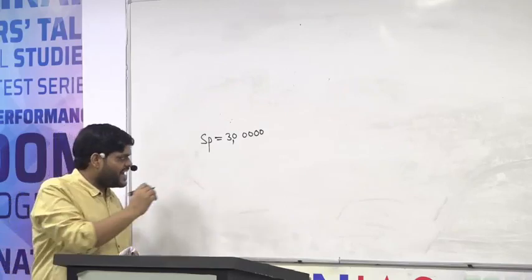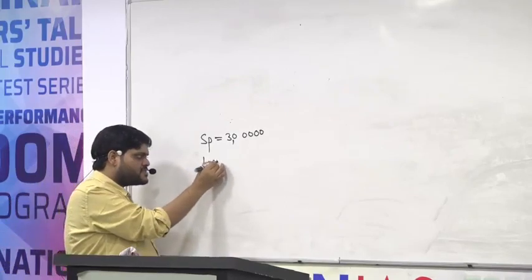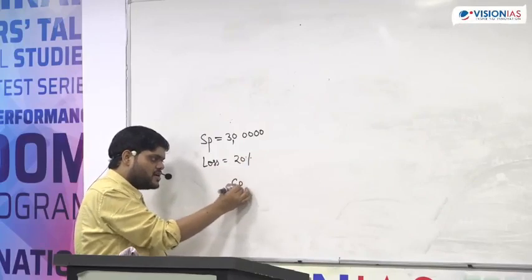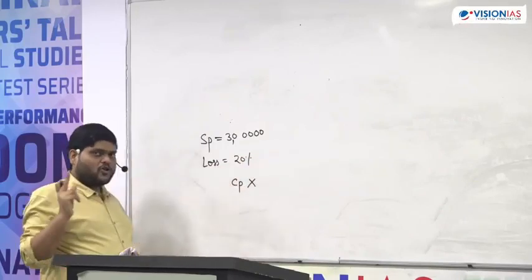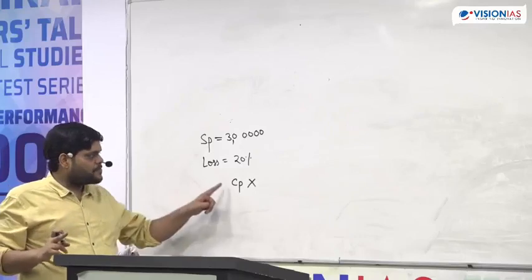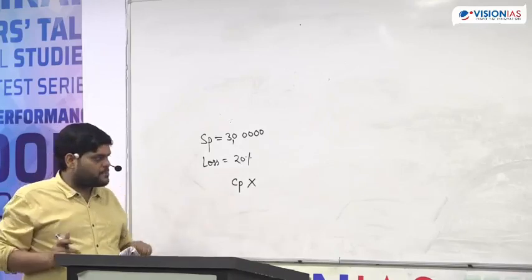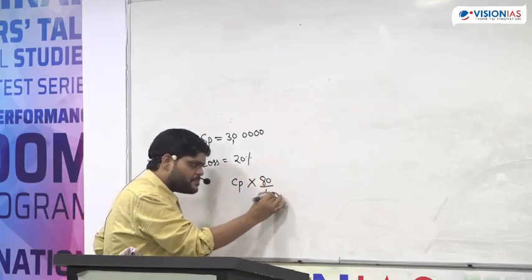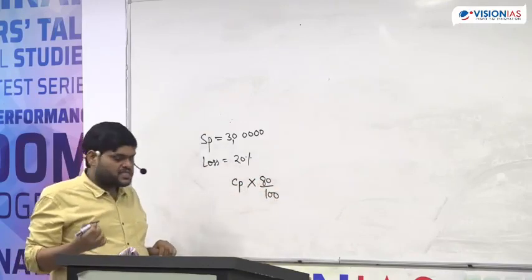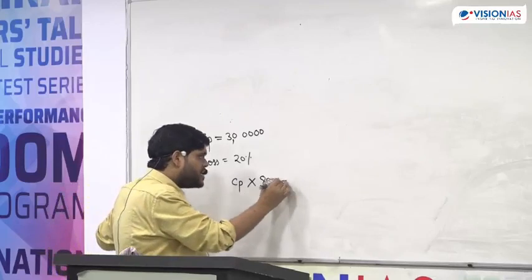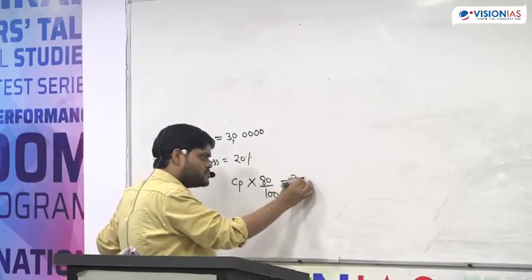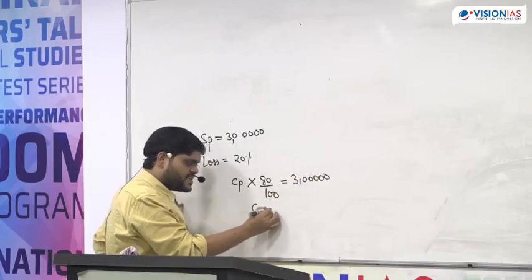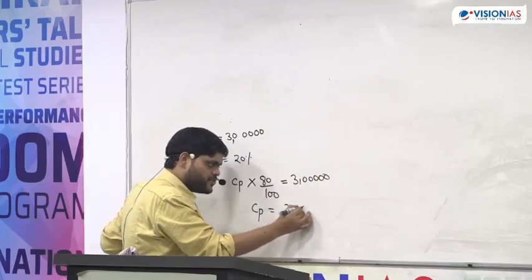Fine. And the loss is given as 20%. So how we can find out the CP? When loss is 20%, that means CP is decreased by 20%. When CP is decreased by 20%, the CP becomes 80%, and that is equal to 3 lakh. From here we can say that CP is equal to